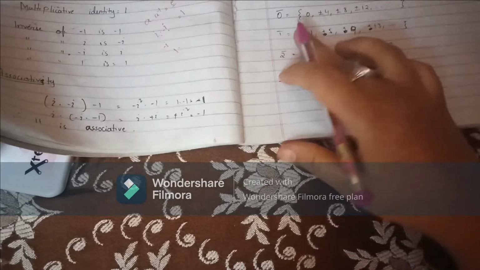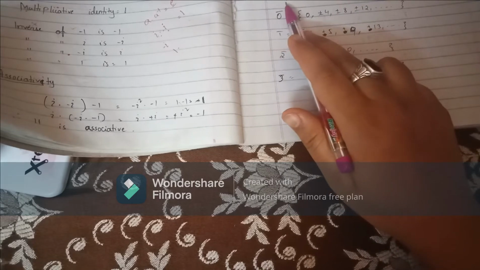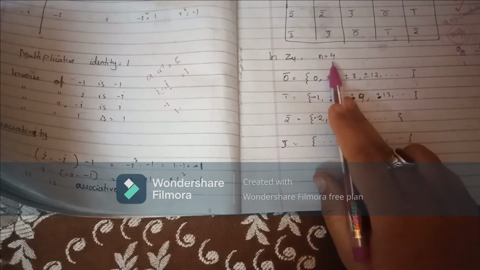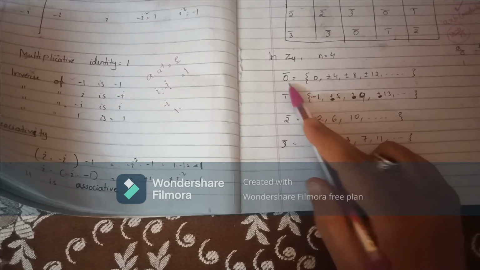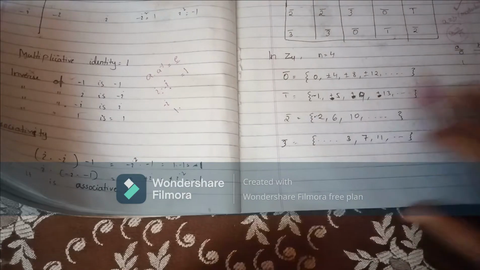Now here what is the n given? N is given 4. Normally in exams, in the question it has been written directly what the modulo is, that means what should be divisible with the difference. But here Z4 has been given, so it's fine. N is our 4. So first we have to find 0, 1, 2, 3 because up to Z4 has been given.